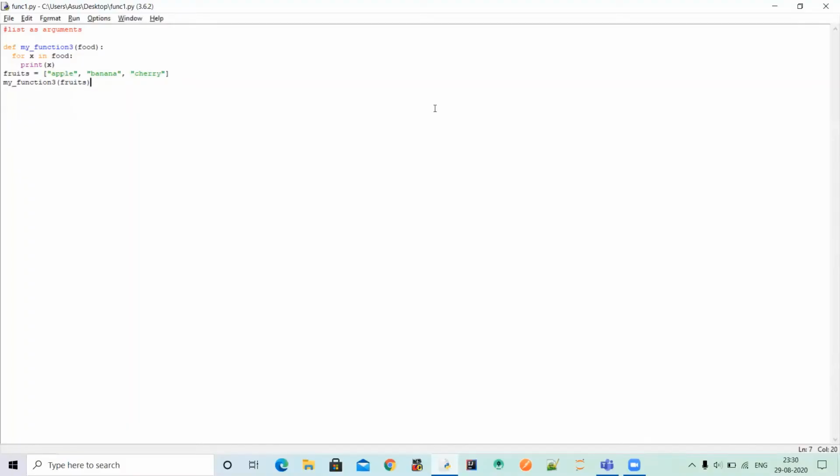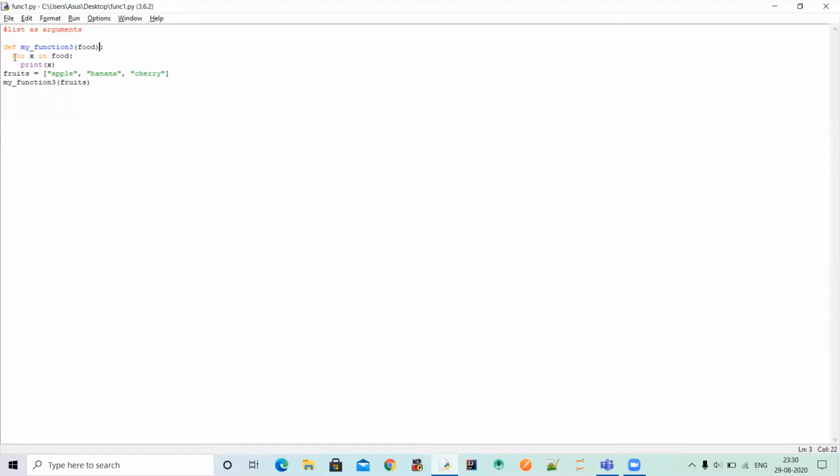So hello guys. So here I am taking a list as the arguments in a function. So first of all, I am defining a function by giving the keyword def. Then I am giving the function name, which is my function 3. Then in the parenthesis, I am giving the formal argument, which is food, and then giving the colon.